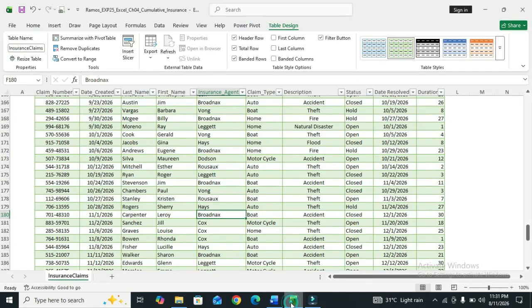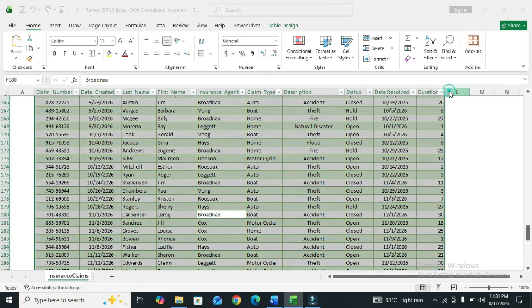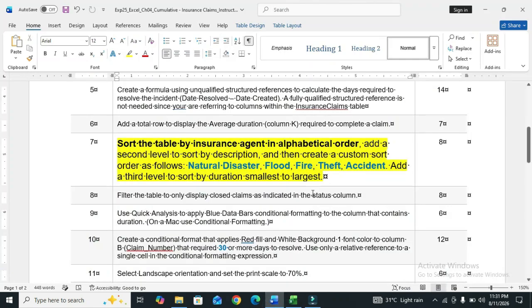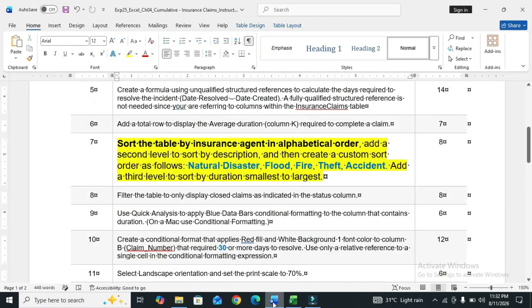So we move to the home tab and click on sort and filter and go to the custom sort, click on custom sort and add level and sort by insurance agent in alphabetic orders. So first level of the step has done.